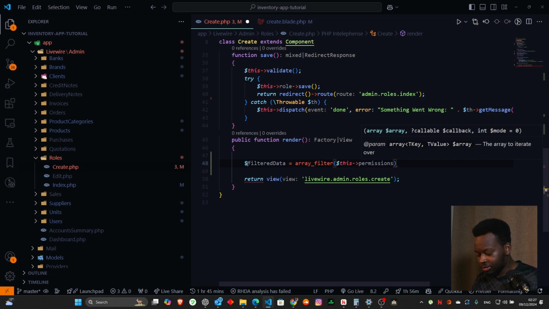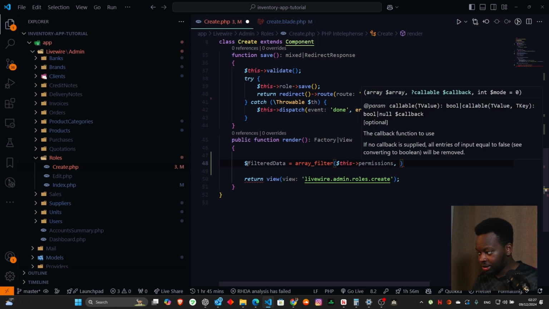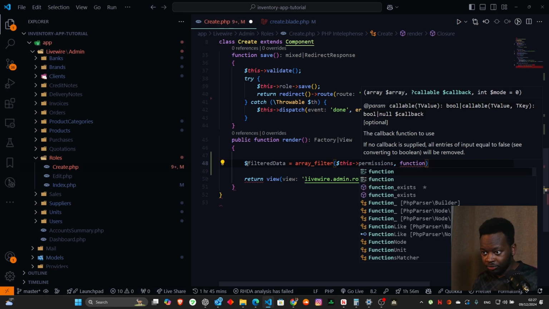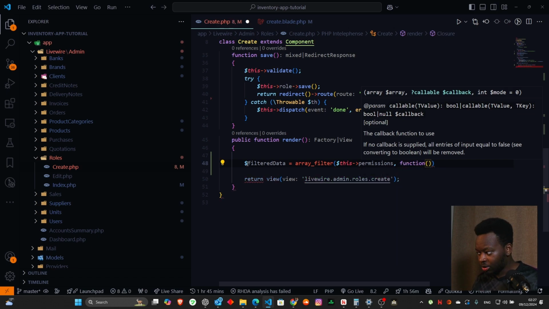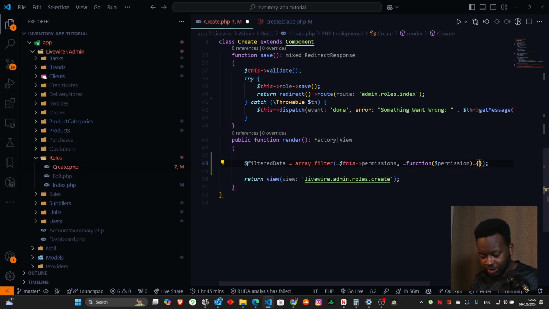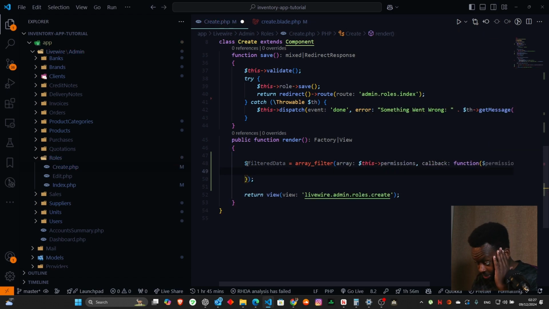And now on passing in these permissions, we come in here, we can do a callable. So we'll do a function where we're passing in, let's say, the permission. Okay. And then inside this function, of course, we're going to close it off with the semicolon, and then we'll